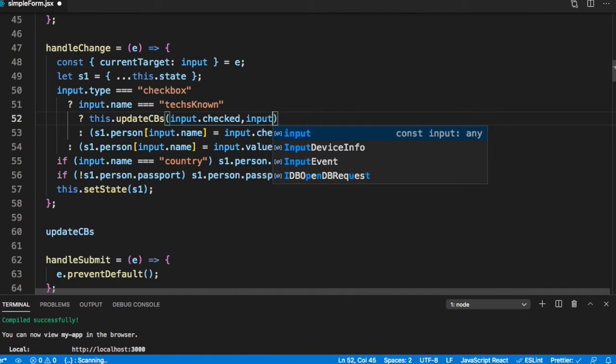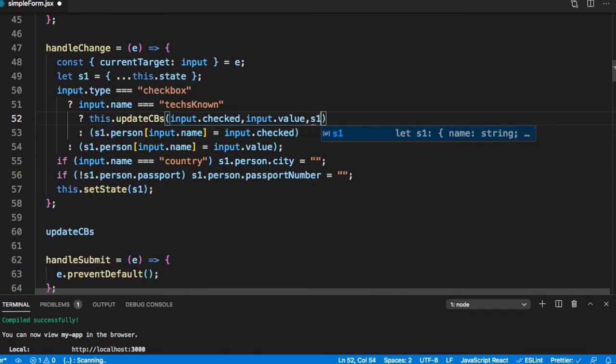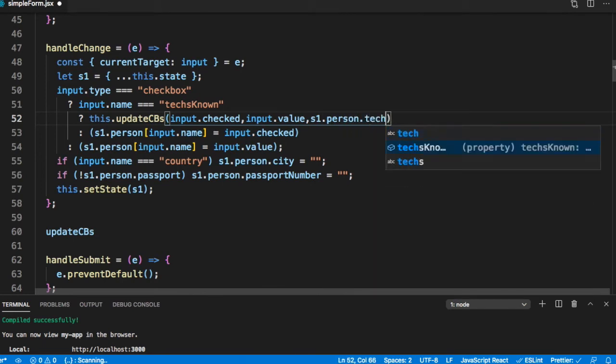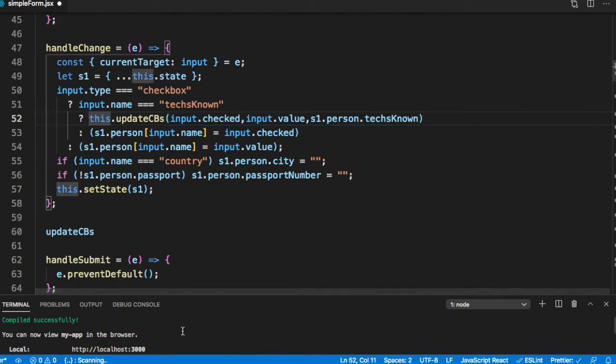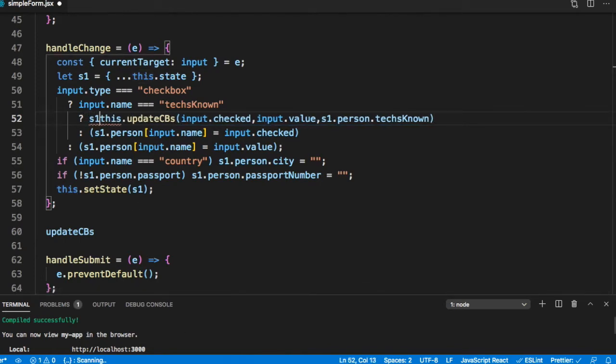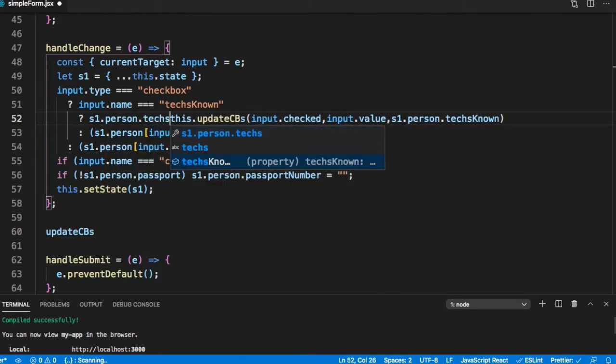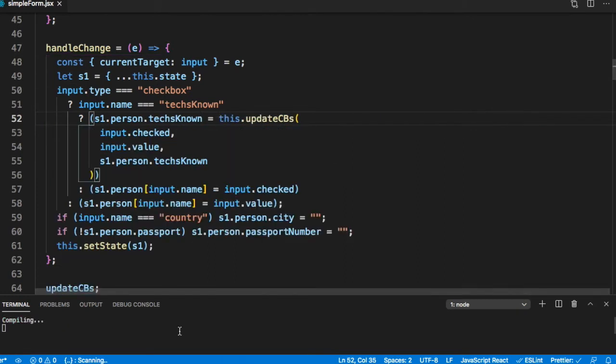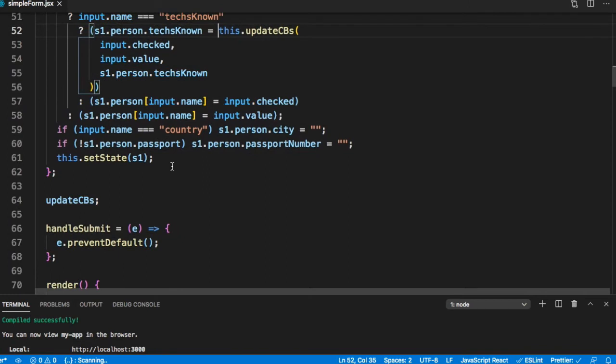It needs input dot value, which checkbox was checked or unchecked. So value is very important here. And the third thing it needs is s1 dot person dot text known. It needs this array, and what it will do is it will return this array. So we can just say s1 dot person dot text known is equal to this array. So it will update this array and return it.